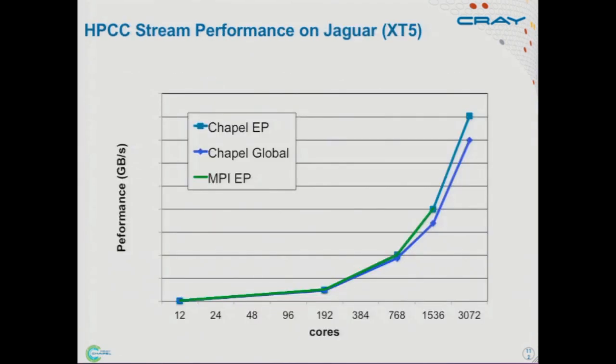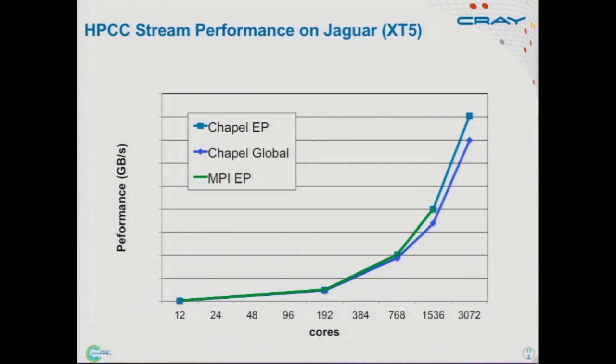This next slide is a little bit of an old result, but this is designed to show that you can use these domain maps without completely destroying your performance. This is the stream Triad benchmark that we started out the talk with. And there are 3 versions running here. 2 of them are embarrassingly parallel, where you basically create the parallelism first, and then you start the timing and you compute only on local data structures. And those are the EP versions. That's the version that MPI provides as a reference, and we wrote a version like that in Chapel as well. And then the other line, the dark blue, is the Chapel global line. So that's using a block distributed array and a forall loop.